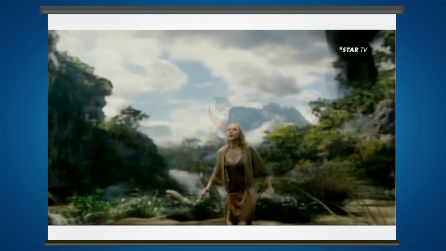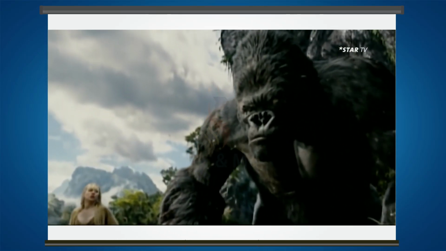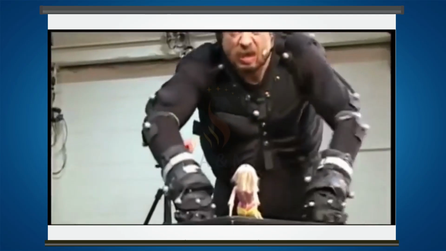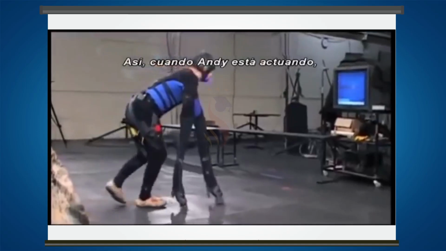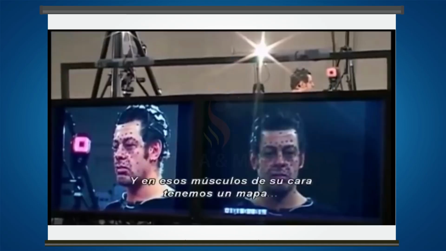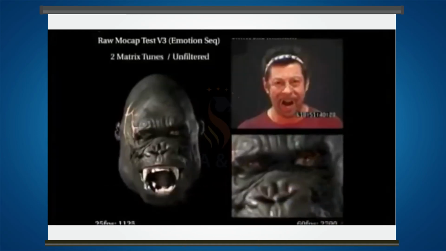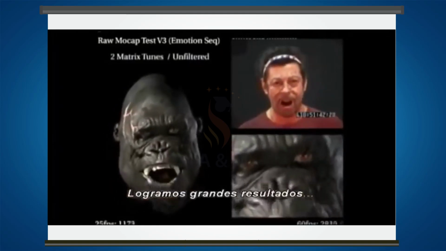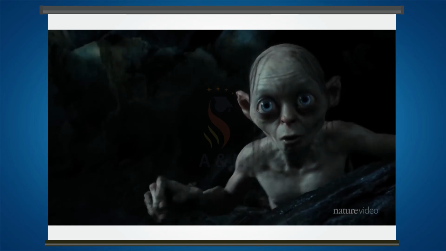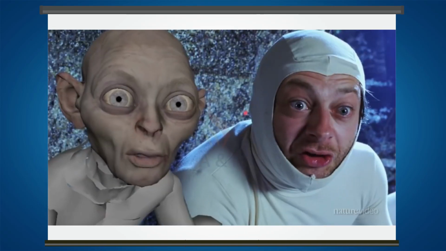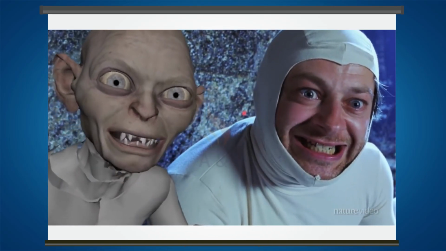For the 2005 remake of King Kong, actor Andy Serkis was used to help designers pinpoint the gorilla's prime location in the shots and used his expressions to model human characteristics onto the creature. He had earlier provided the voice and performance for Gollum in the Lord of the Rings trilogy.